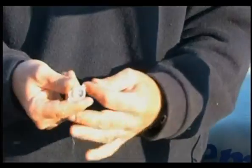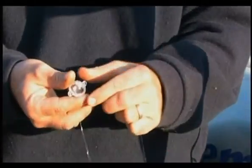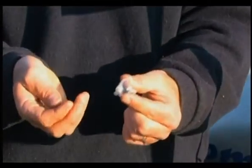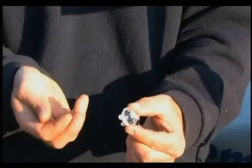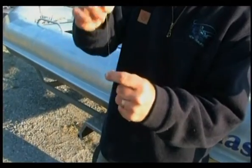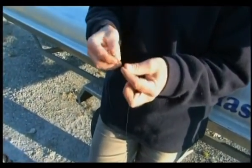I'm going to be using a worm tonight, and as you can see it's a slightly different setup, and I've got a little float on here. The main reason for that is the bully you can cast out because it's heavy enough, whereas the worm, it's a light little bugger, so we'll have to fill this with water, clip that to our end of a line, and we've got a little trace on the end of that, so the float will sit on top of the water, and on the end of the little hook we'll put